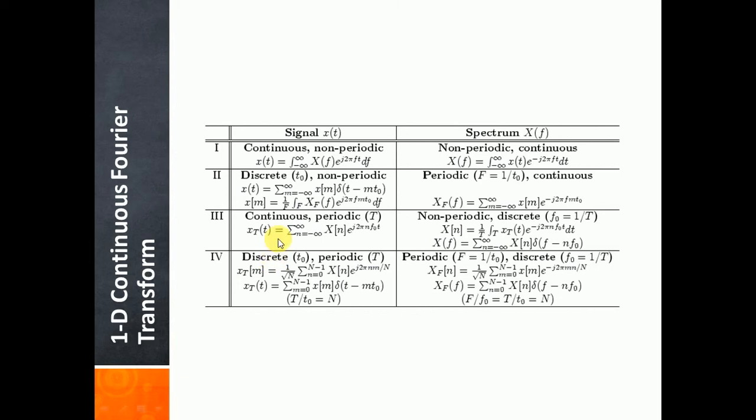So these are the mathematical formulations. This would be your Fourier transform, these two. This is your Fourier transform, this is your Fourier series, part 3. These two are your discrete Fourier transforms. So